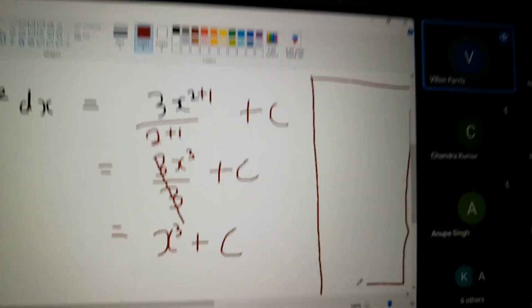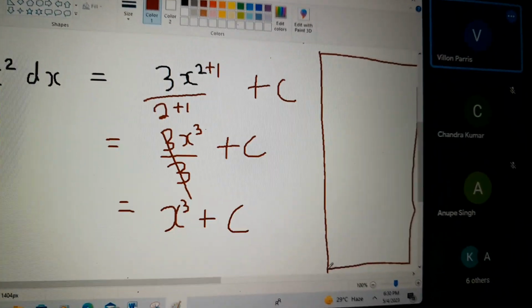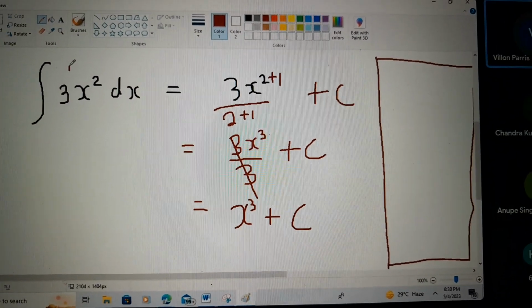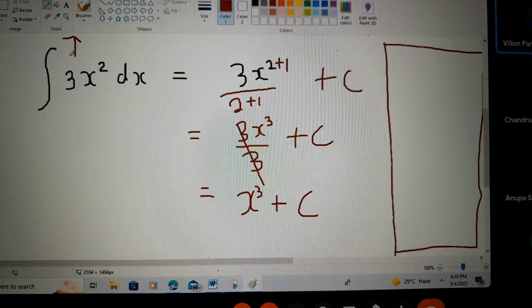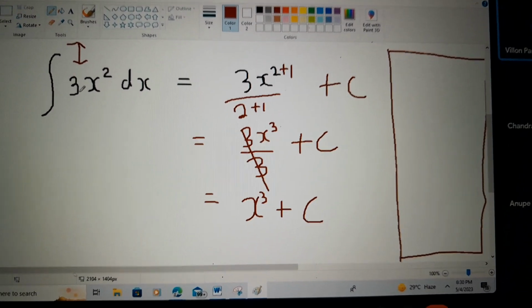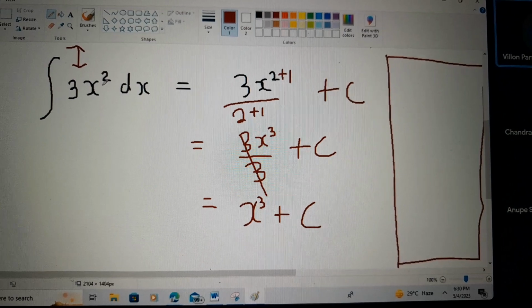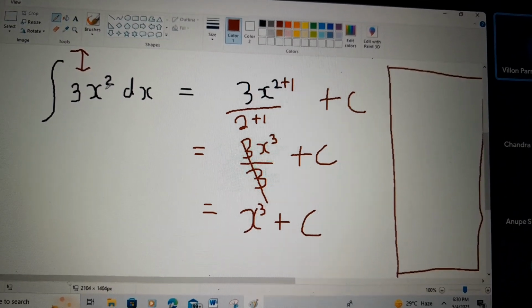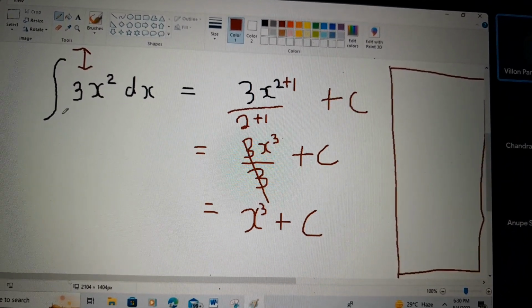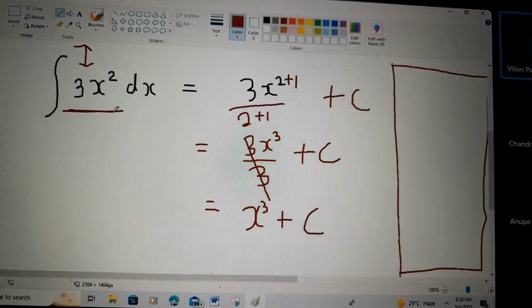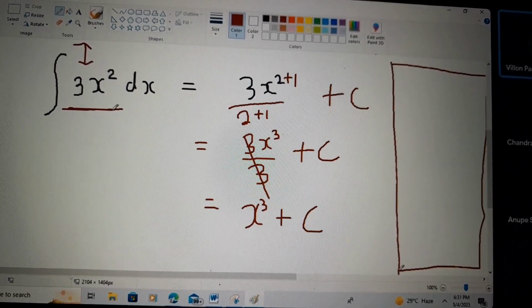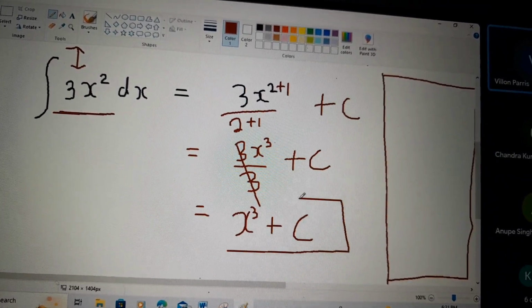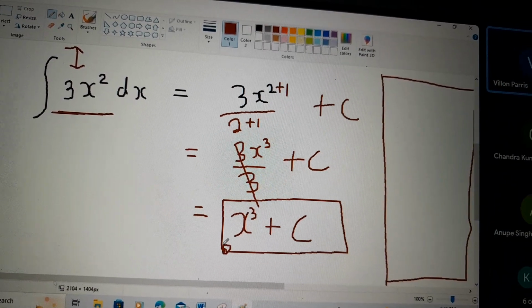When you're integrating, you're like a detective. Because this function, you want to know, what was the function I had before this function here? Which function gave me 3x squared? Which function did I differentiate to get 3x squared? That's the question you're asking yourself, right? So you're like a detective. Okay, the evidence is that there is a 3x squared here. And so what function did I differentiate to get 3x squared? So your answer is, this is the function I differentiated. So anytime you're integrating